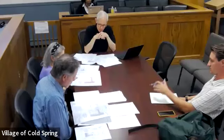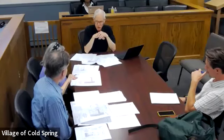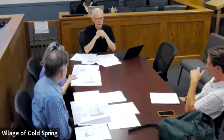So the structure is wider. It's not as close to the line. I see. So you're wondering what the change is, just comparative, about what people were dealing with. Okay, well, you're certainly entitled to ask the applicant for that information. Again, this is not the hearing, but the whole point of the workshop is to make sure he has all the information that you're going to want to know about in the hearing, so Matthew, in the hearing itself, you can be ready to tell us the dimensions of